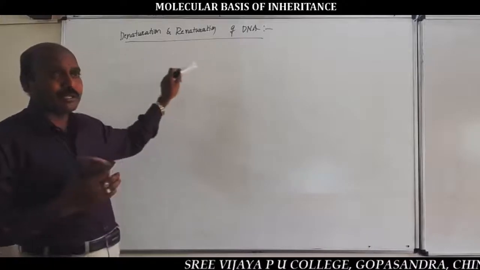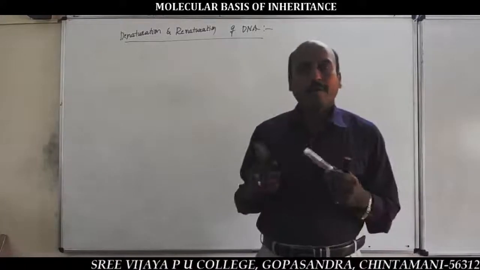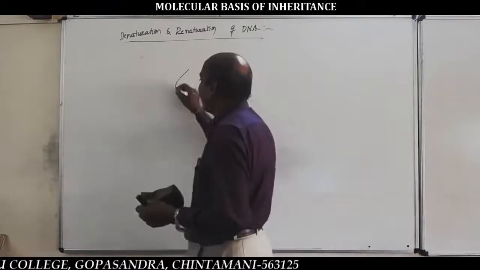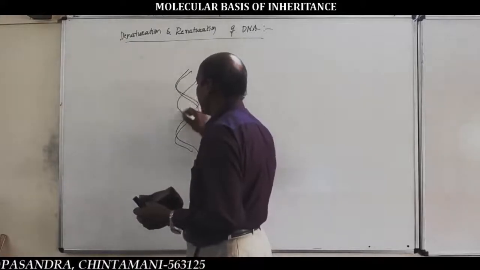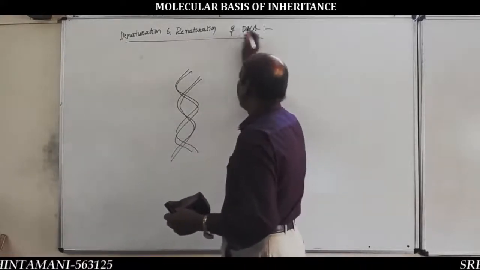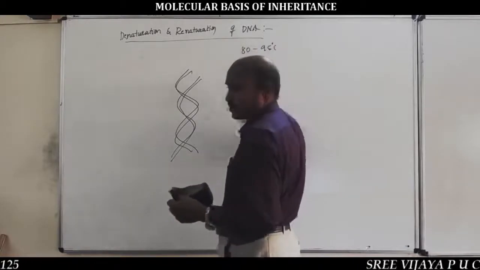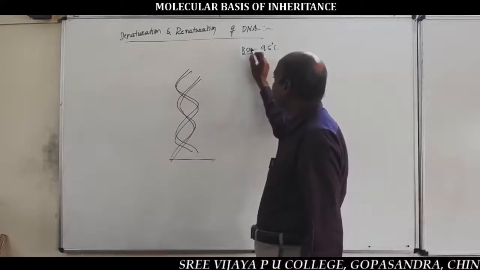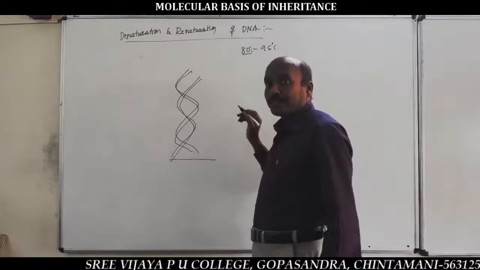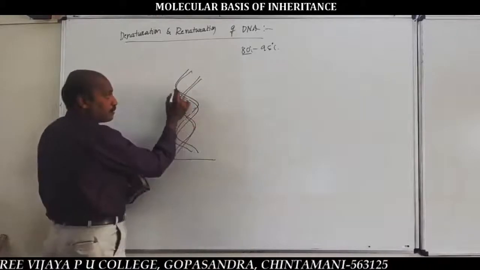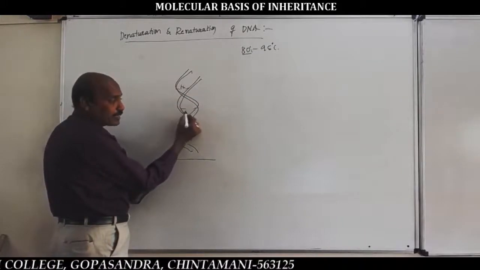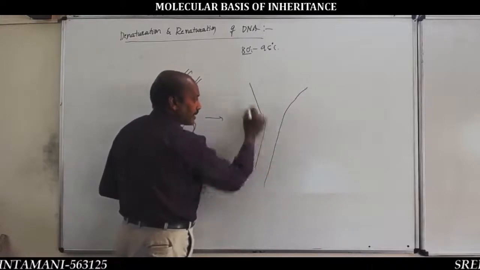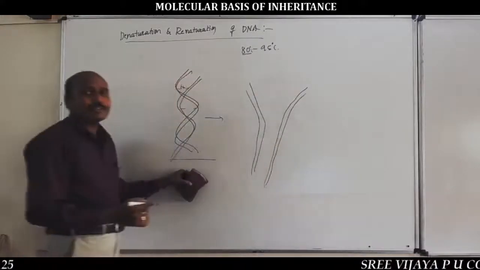So, denaturation of DNA is nothing but, when your normal DNA is placed at high temperature, more temperature, about 80 to 95 degrees Celsius, it results in breaking of hydrogen bonds present between two nitrogen base pairs of two polynucleotide chains, and separates the DNA strands. This condition is called denaturation DNA.